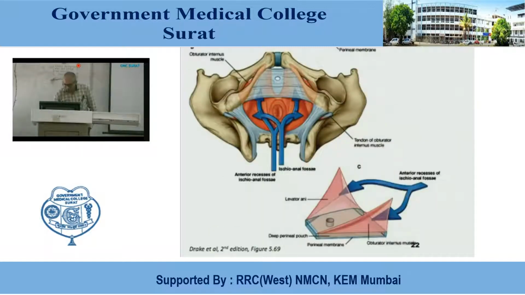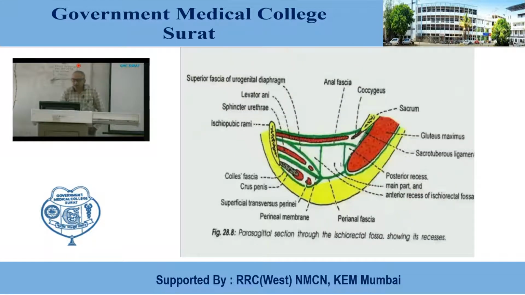Now here in this figure, one can see the extension. This one is actually what I have told, this one is the anterior boundary, but if you trace this fossa, somewhat triangular shape extension is there. This extension, the same type of extension is there posteriorly also. So these two are both somewhat triangular extensions. They are the part of the ischiorectal fossa only, but they extend beyond the normal boundaries.